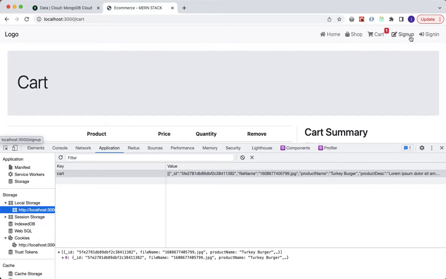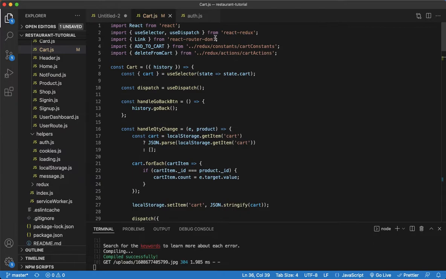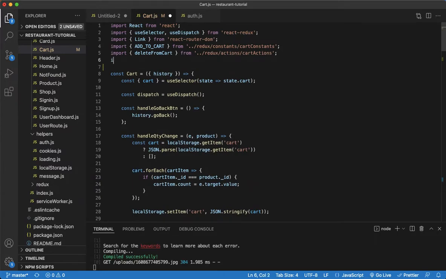And as you can see here in the nav, there's further proof, in that we do have sign in and sign up being shown to us. Okay, so that is what this condition is doing. So we have to grab this function that we created and pull that into our cart component. So import